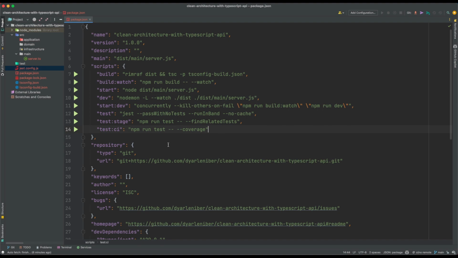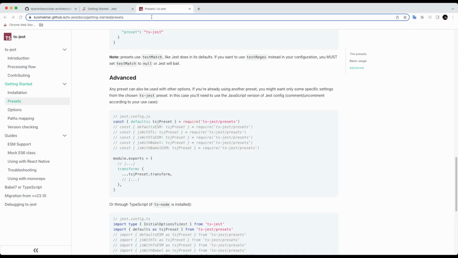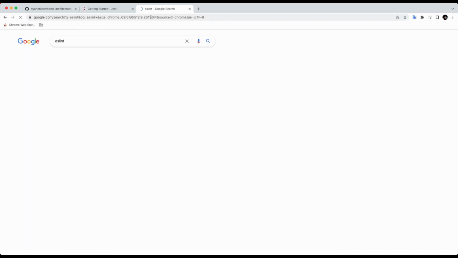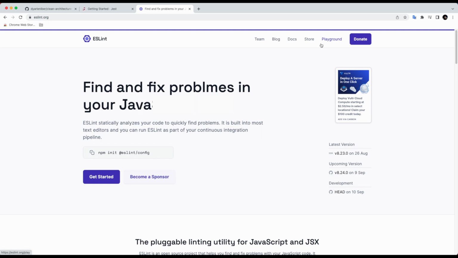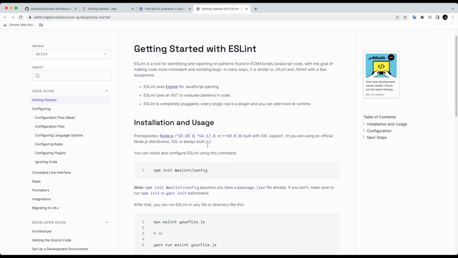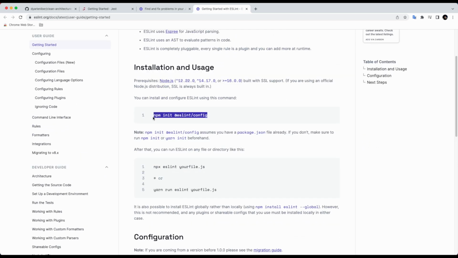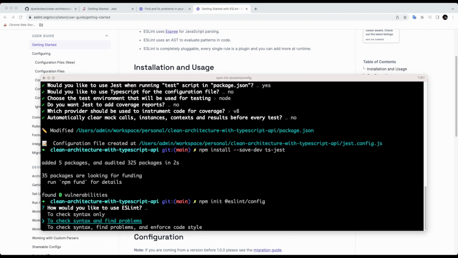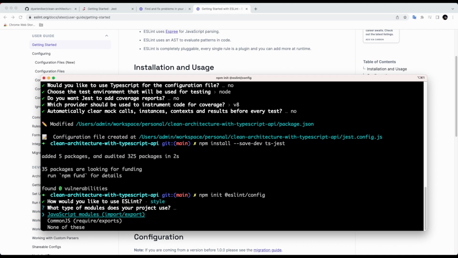ESLint. And in order to install the ESLint, let me go to the documentation. ESLint, then you have a get started here. Basically, we need to run this command. Here I'm gonna use the last option to enforce code style and also fix the issues. We can use